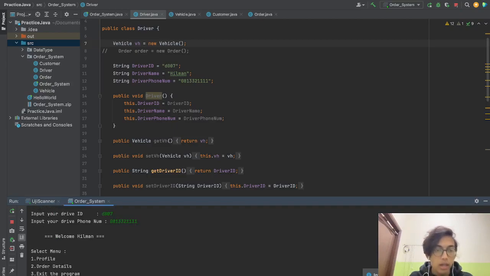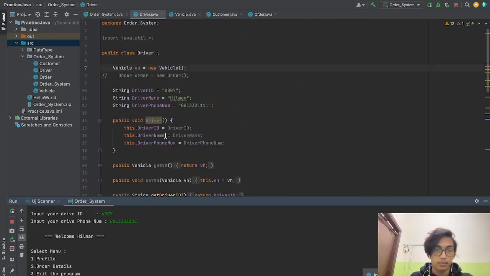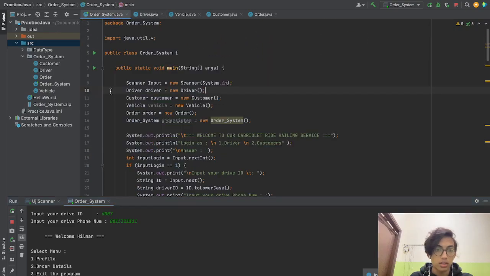This is correct. And if the login is successful, the system will display the select task, or select the use case of the driver, where we have 2.